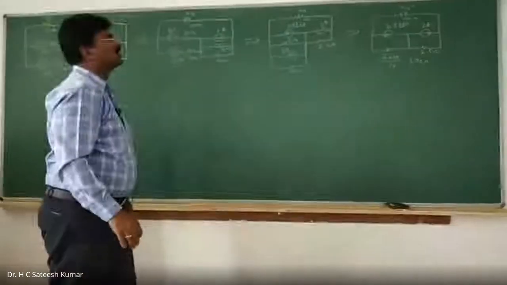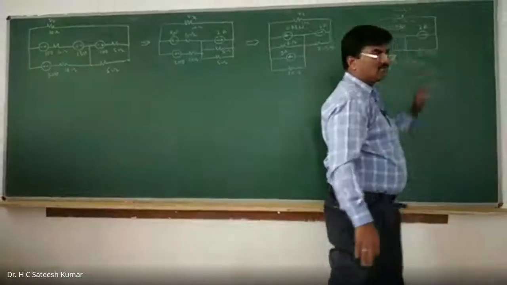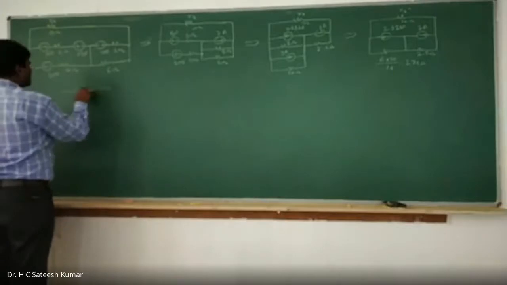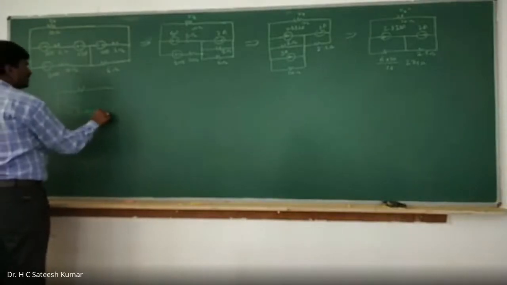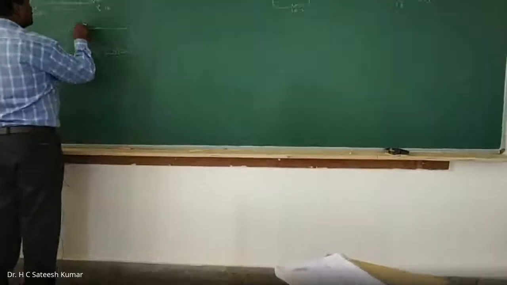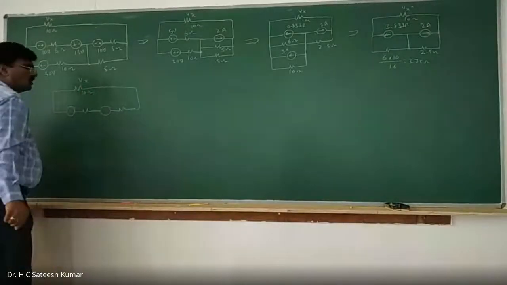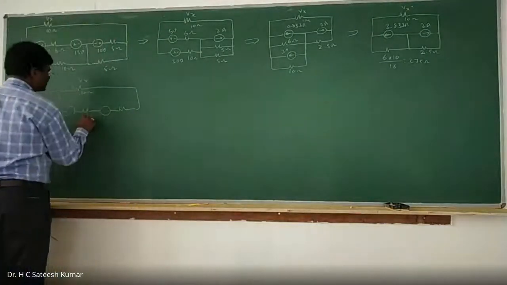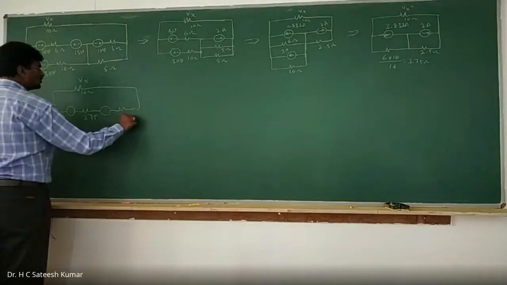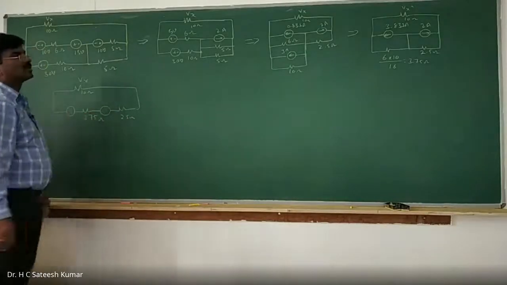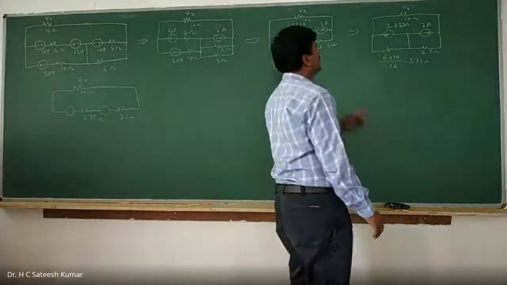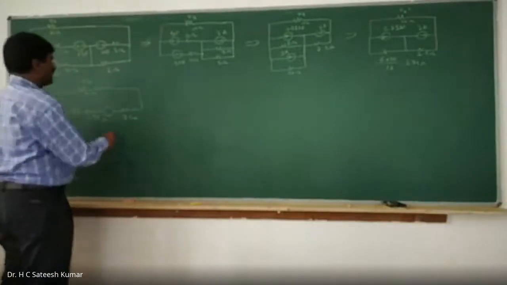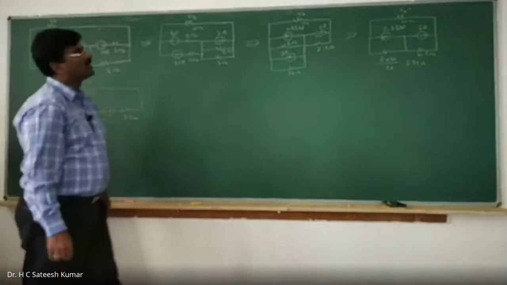Now what you should do, these two are in series, these two are in series, should be converted into a voltage source. So therefore we can write it as a voltage source in series with a resistance. This is your Vx, 10 ohms. Okay, right. Resistance values will remain as they are, 3.75, 2.5 ohms. Okay, right, convert it into a voltage source, and the polarity on the left side is plus minus, that one. The second one is minus plus. Okay, right, polarity. What is it? V is equal to I into R.